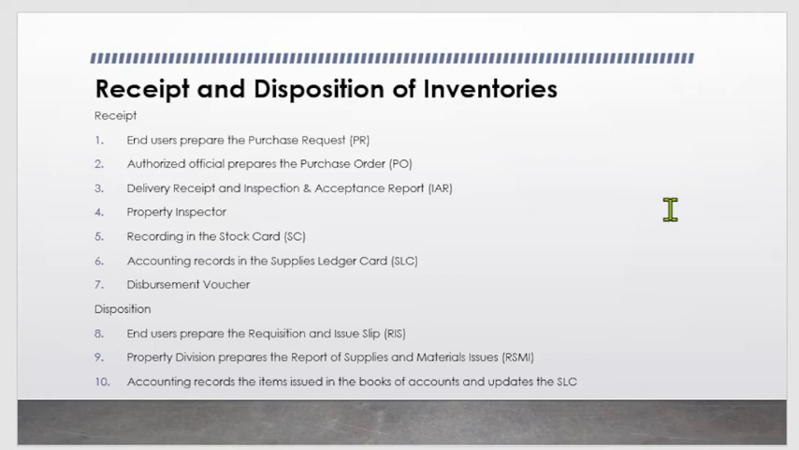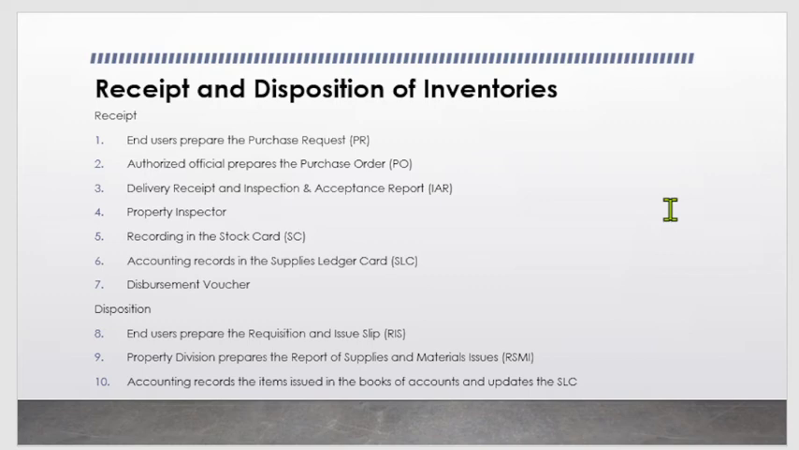So once the end users, when we say the end users, ito po yung purchasing unit. So, kung sino yung gagamit nung mismong inventory na nire-request, yun lang ibig sabihin ng end users. The authorized official now, at step 2, prepares the purchase order. So, yung PR now, gagawa ng PR and then gagawa ng purchase order yung authorized official which now prepares the